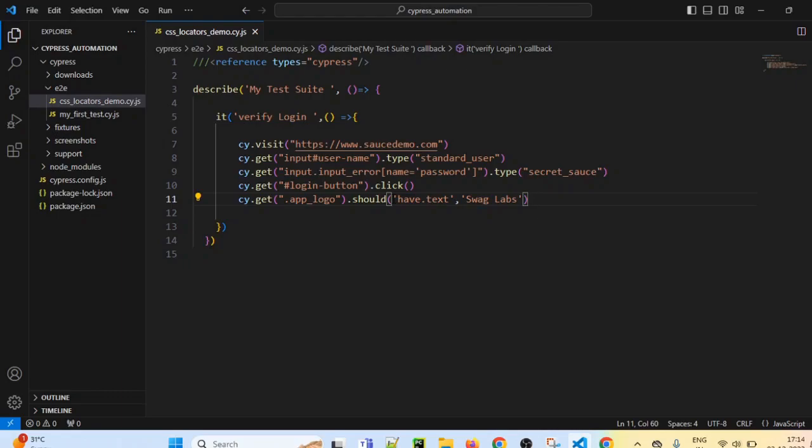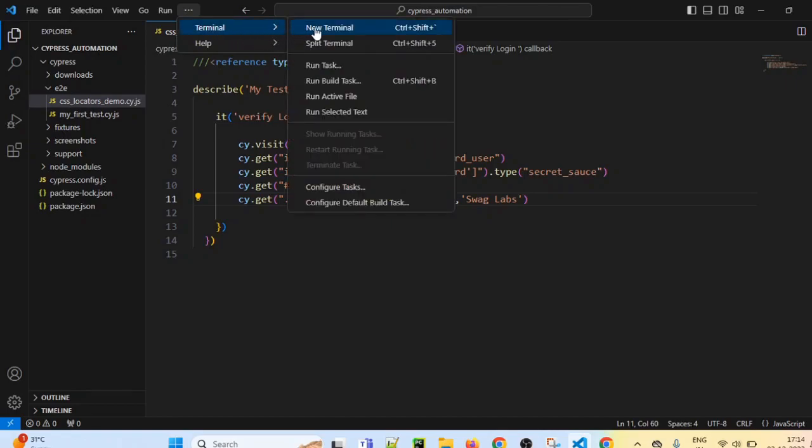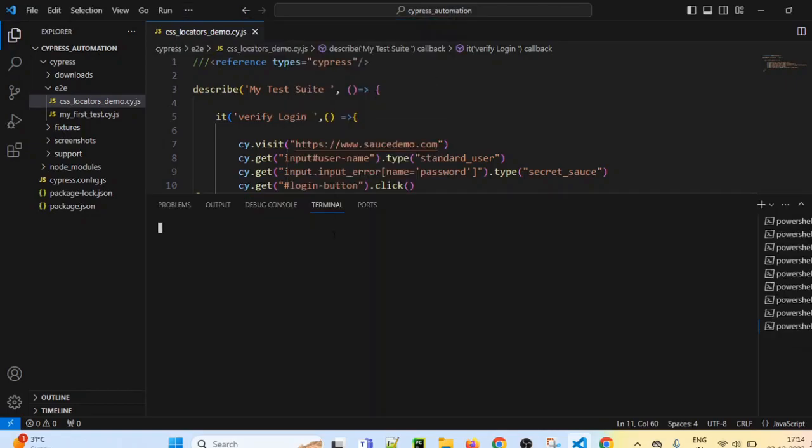Now we want to execute the test case. We can execute the test case via terminal. So I will just go to terminal, new terminal. And what is the command which we have to use?